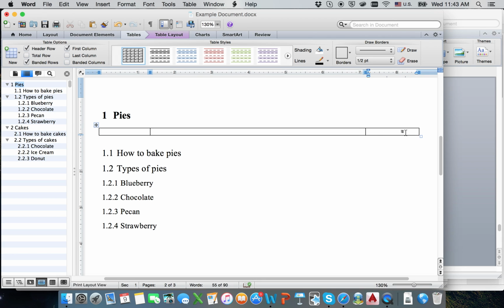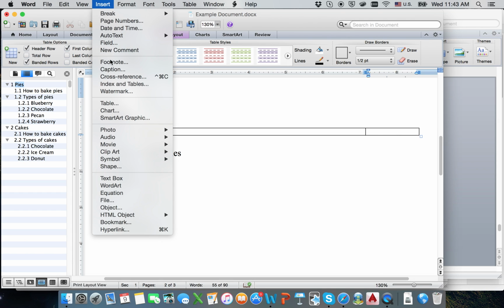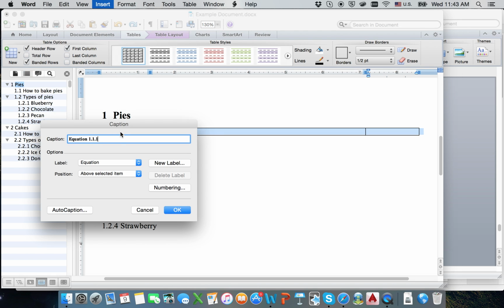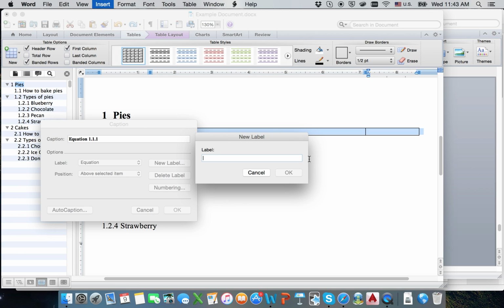Next, we need to add our label. So to make one of those numerical labels, which is automatically created and updated, what we have to do is insert a caption. So let's click Caption. And as you can see, I already have an equation label created, but for the purposes of the video, I'm going to create a new label just so that you understand the whole process. So we'll do new label, and we'll call it EQUA